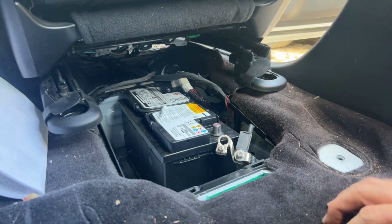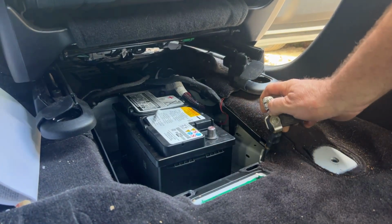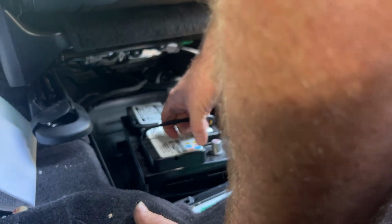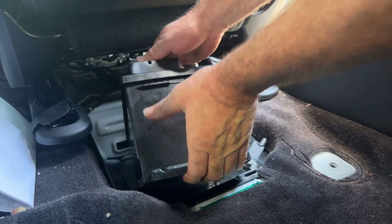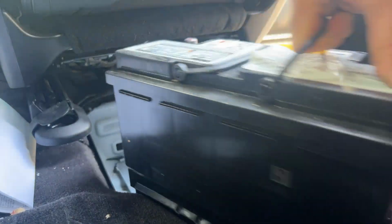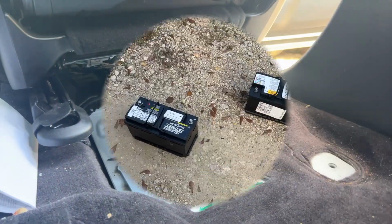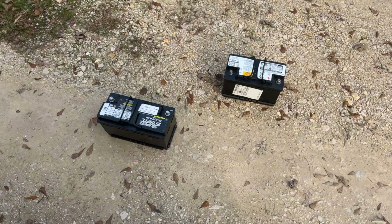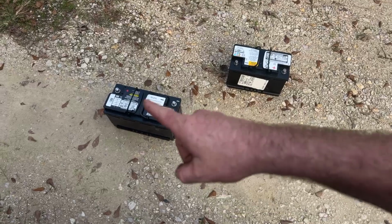All right, so we moved the seat forward, and now all we gotta do is drag that heavy dude out of there. Just like that. All right, so we got our factory battery out of there, and like I say, it still starts the Jeep okay. It's just starting to get where it kind of labors to start it. But anyway, we got a new one here,